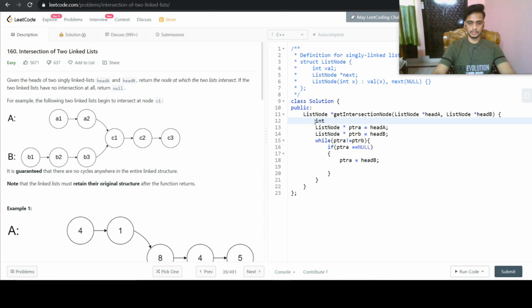So int nullCounter is equal to 0, and once we encounter a null, we will do a plus plus. So nullCount plus plus. And if it is not equal to null, meaning we are on a simple node, then we will just do ptrA is equal to ptrA next.